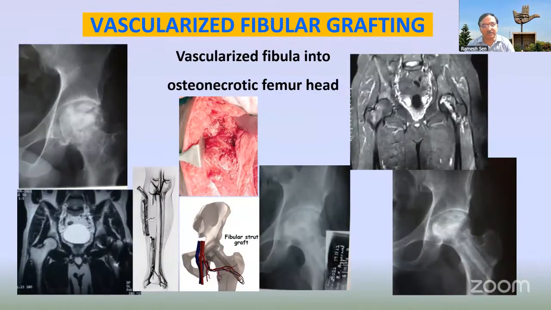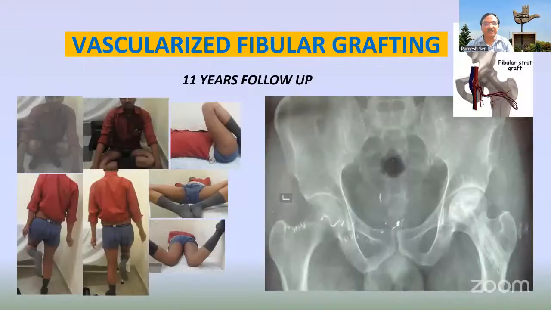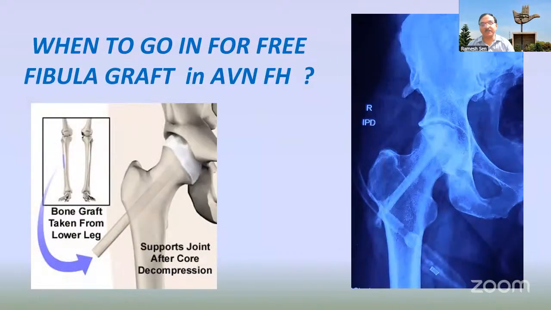And we did these surgeries also, and what we found, this is one of my cases from follow-up where we did this vascularized fibula, put it up there, and you can see the hip on that side and here after the surgery, and this is a result of 11 years of follow-up. Yes, he got a wonderful outcome after the vascularized fibula of a bad hip. But let me share, this is definitely a bigger surgery. You need a good microvascular surgeon to be with you, and it has to be done at the proper time.